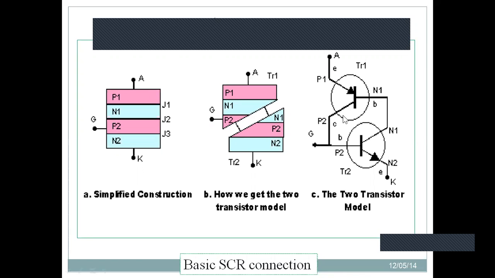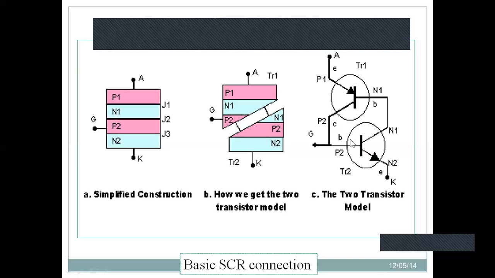अब construct कैसे करेंगे? A part of P2 and a part of N1 is combined together such that one controlled rectifier is obtained. So the process of obtaining this model using 2 separate transistors is called 2 transistor model. So the 2 transistor model can also be explained in terms of the transistor representation. Here you can look here, this P1 is anode, okay, N is your base, or you can call it as this is emitter base collector and emitter base collector.